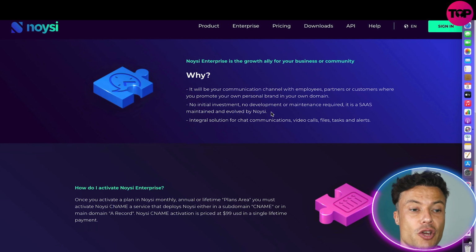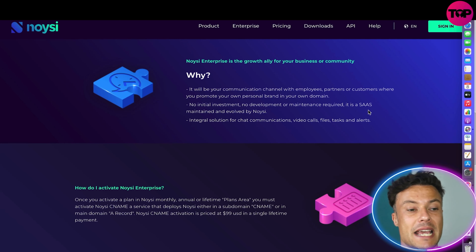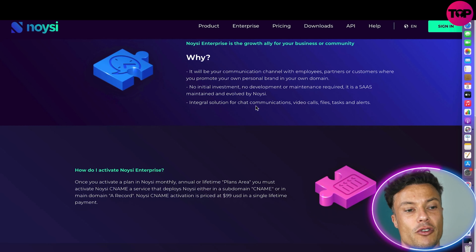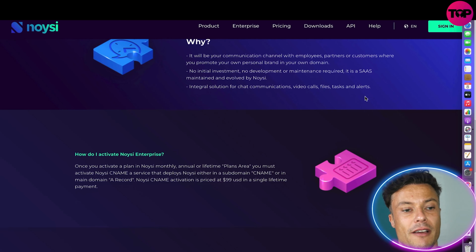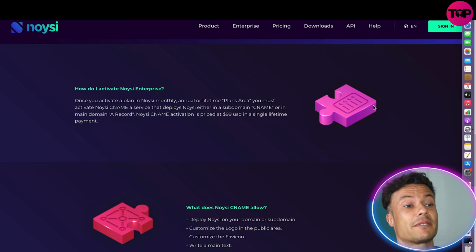While on this website there's no initial investment, no deployment or maintenance requirements, and it's a SaaS maintained and evolved by Noysi, an integral solution for chat communication, video calls, file tasks, and alerts. There is obviously going to be a pro version available on the website, which we'll look at pricing in a moment,